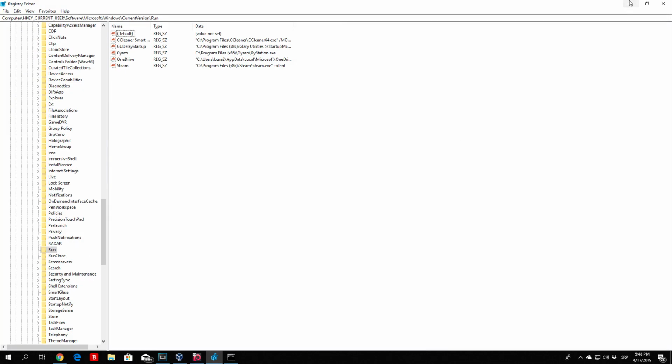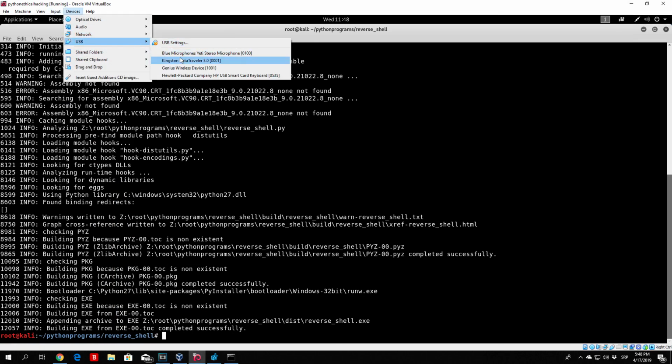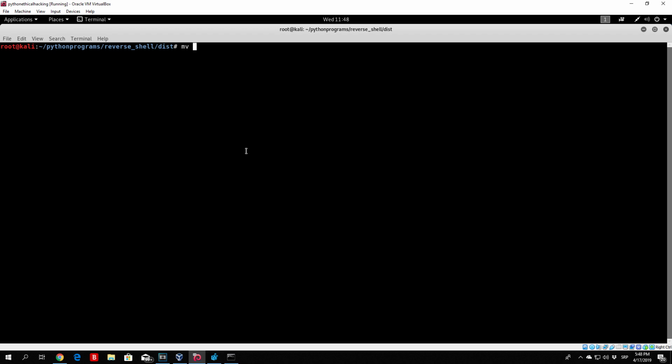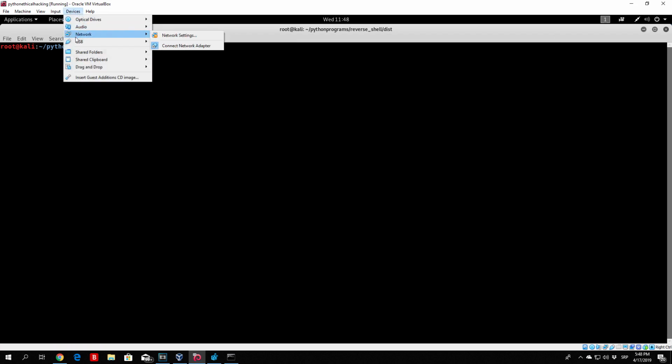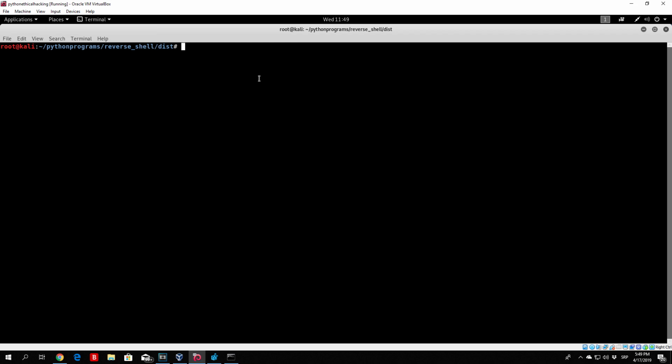So let's leave this open as well as this open, and let's plug in our USB drive in order to transfer the actual reverse shell. So let me go to this directory, move the reverse shell to media, root, and the actual USB drive. Let's see, why is it not plugged in yet? So USB, let's unplug it and plug it again. For some reason it won't plug in. Okay, so let's wait for it to plug in. There it is. Right now if we move the reverse shell to media, root, Kali live,